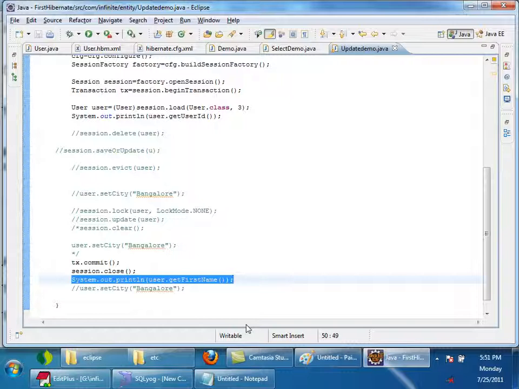And there are various ways of managing sessions or transactions. The transaction can span over the request also. Once the request comes and the response goes back, you can make sure that the session is alive, and once the response goes back, the session can be closed automatically by the framework. So there are various configurations which we will see later. Okay.